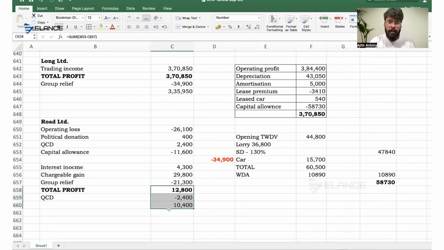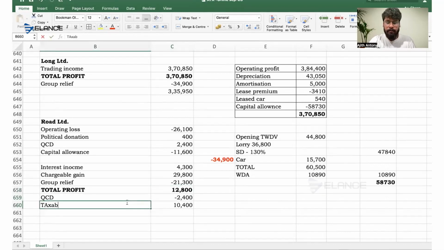So the taxable total profit. Sir, Rod Limited total loss later. Total